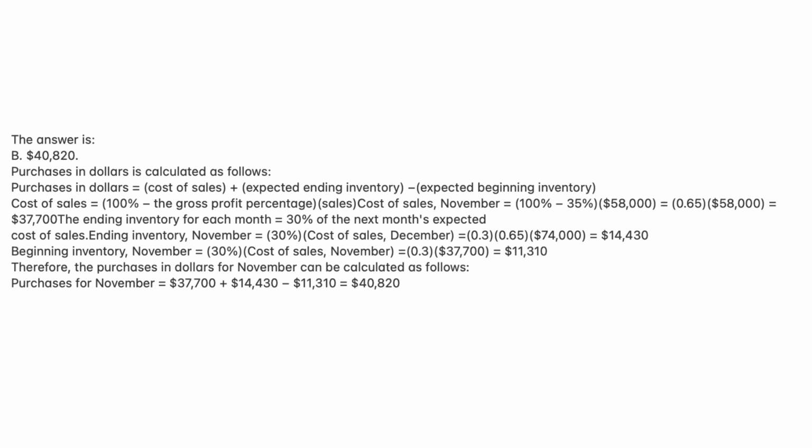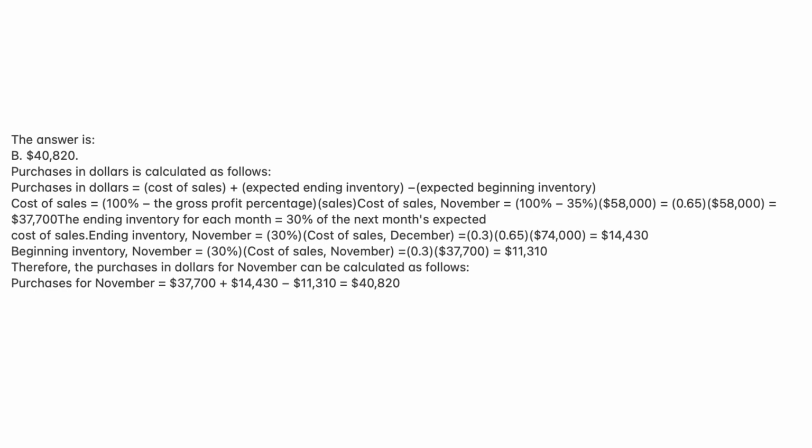The ending inventory for each month equals 30% of the next month's expected cost of sales. Ending inventory, November equals 30% of cost of sales, December, 0.3 × 0.65 × $74,000 equals $14,430. Beginning inventory, November equals 30% of cost of sales, November, 0.3 × $37,700 equals